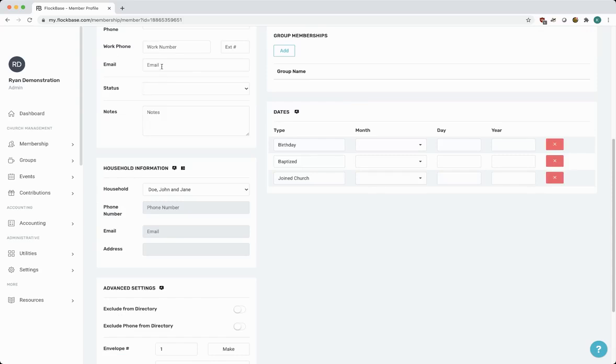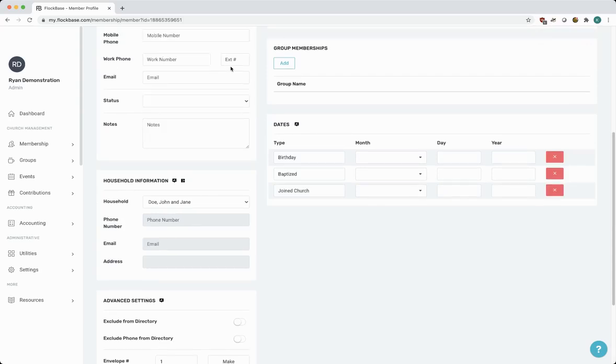You can also put an email address here, a work number and extension as appropriate. You can also add individual notes for just a member. And then we've got those member statuses we looked at earlier. We're going to say that John is a member